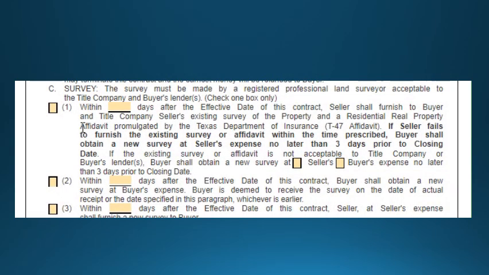On page 2, paragraph 6C, survey has 3 options. You will check one box only. Let's talk about option 1 real quick. So option 1 says within X amount of days, the seller shall furnish to buyer a survey and the T47